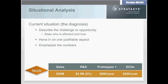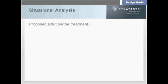The engineering change orders is an issue that just cropped up at Joe's company because they had some consultants come in and discover that they're wasting $50,000 a year with late cycle cost related to change. So this covers everything from redoing CAD databases and drawings and disseminating that information, reworking tooling, etc., etc. So these are the two elements that Joe's going to base his business case on, which takes us to the